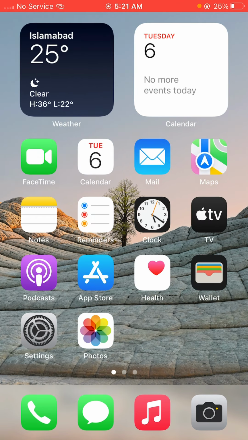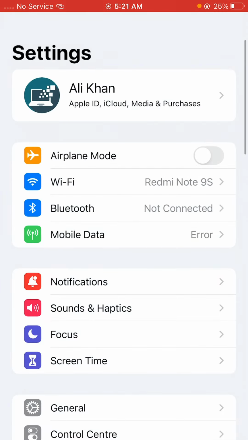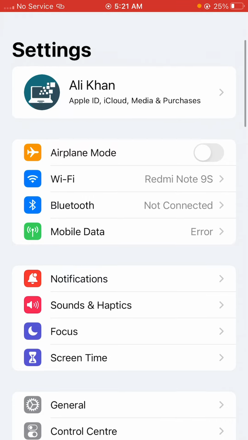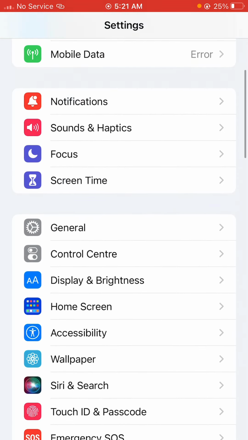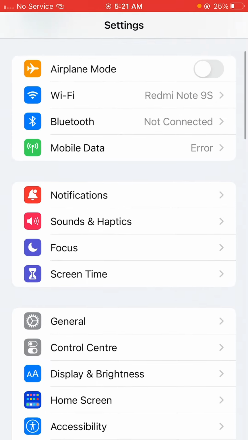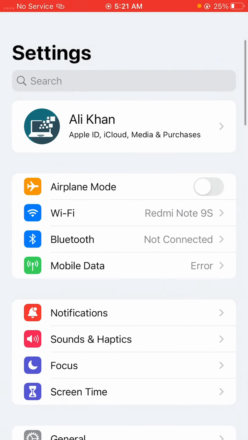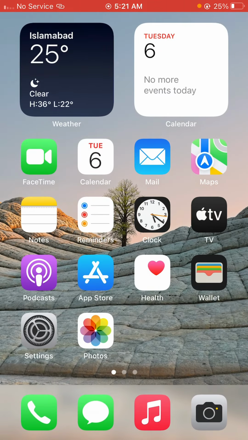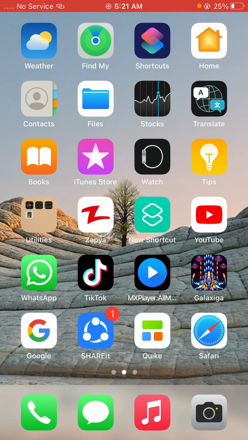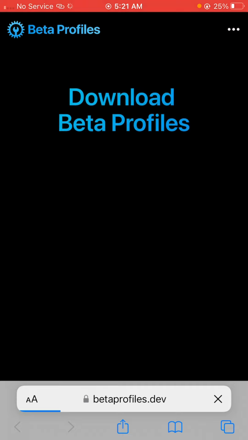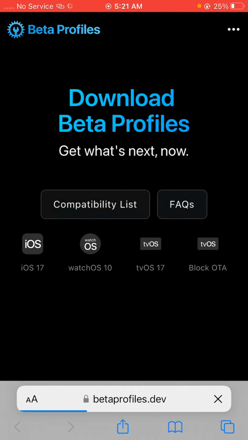So first of all, you have to do some necessary settings. For example, you have to turn on your updates, and after that what you have to do next is simply close the settings and open Safari here. And after opening Safari, you have to simply search for betaprofiles.dev, and